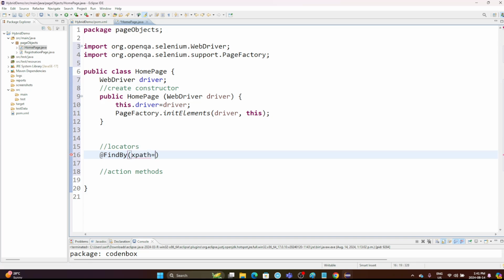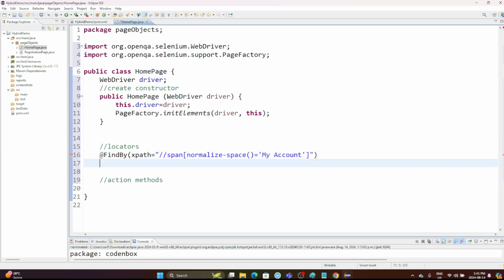equals to the value of the XPath, right? This is the value of the XPath, and then you have to declare a variable for this locator. The variable I will name myAccount. And the return type would be WebElement. Why is it a WebElement? I believe